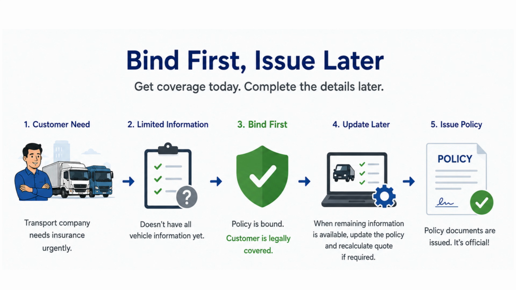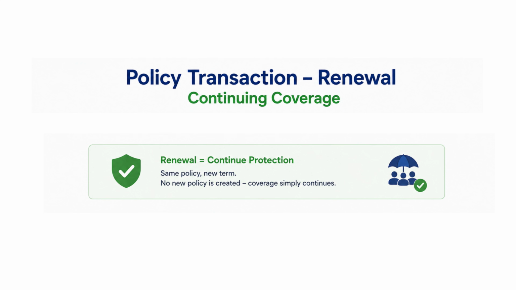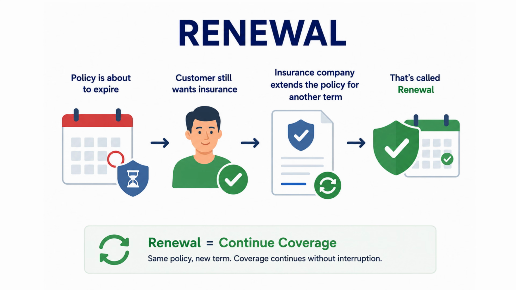And another interesting transaction is renewal. It's like continuing coverage. Now let's move 1 year ahead. The policy is about to expire. The customer still wants insurance. Instead of creating a brand new policy from scratch, the insurance company simply extends the policy for another term. That's called a renewal. Sometimes this happens automatically. Sometimes an underwriter reviews the policy before approving the renewal. We will explain all these transactions in the upcoming